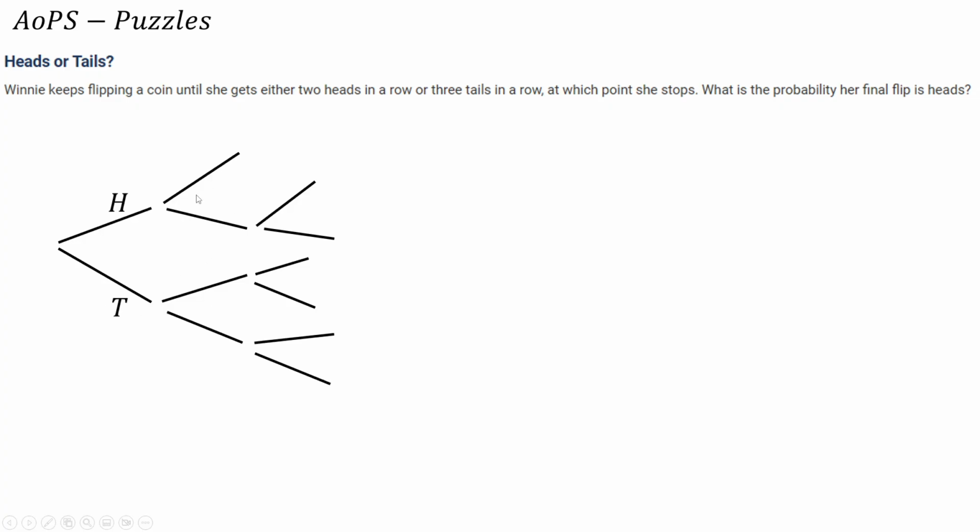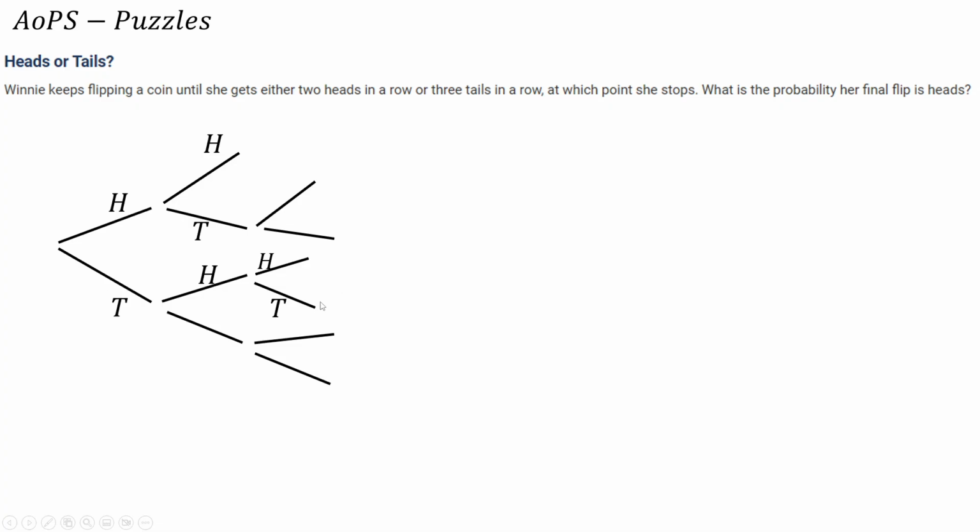So then, after, say, you get heads, you might get another heads, in which case you would stop, and the tree diagram wouldn't carry on. Or you might get a tails. Here you could get a heads or a tails down here. But say if you get two heads here, then you'd stop, and the tree diagram would cut off there from that branch. You might get a tails here, and if you get a tails here, then you would